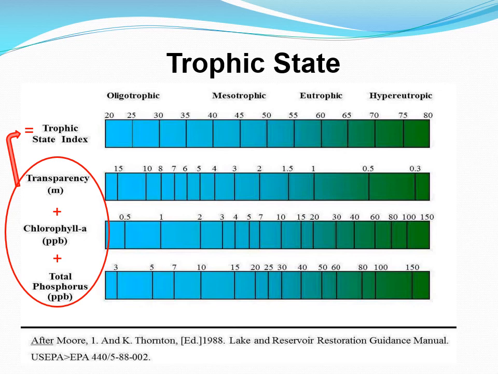And the way that they arrive at this trophic state index, so an index is sort of a measurement number of some kind, is that you might look at the total phosphorus. So let's say total phosphorus was about here, and then how much chlorophyll is there, maybe here, but how is the transparency, maybe here. So then you might arrive at a trophic state index somewhere in the middle of those 3. And there's a formula for doing that, but the important part is to understand that there's multiple variables looked at when we're trying to decide what is the trophic state.